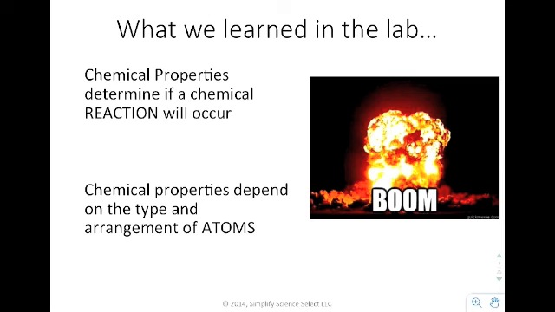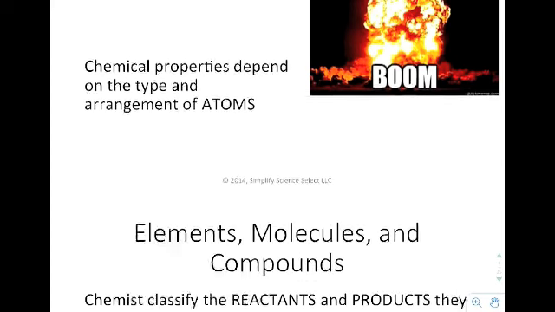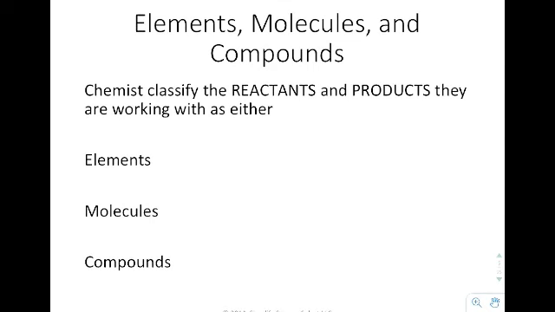We learned that chemical properties determine if a chemical reaction will occur. So what happens? Does it, for example, react? If it reacts and makes something boom, or is flammable, if it burns, that's an example of a chemical property. Chemical properties depend on the type and the arrangement of the atoms. So, we have elements, molecules, and compounds. Chemists classify the reactants and products, okay, that's what happens before and after a chemical reaction, as elements, molecules, or